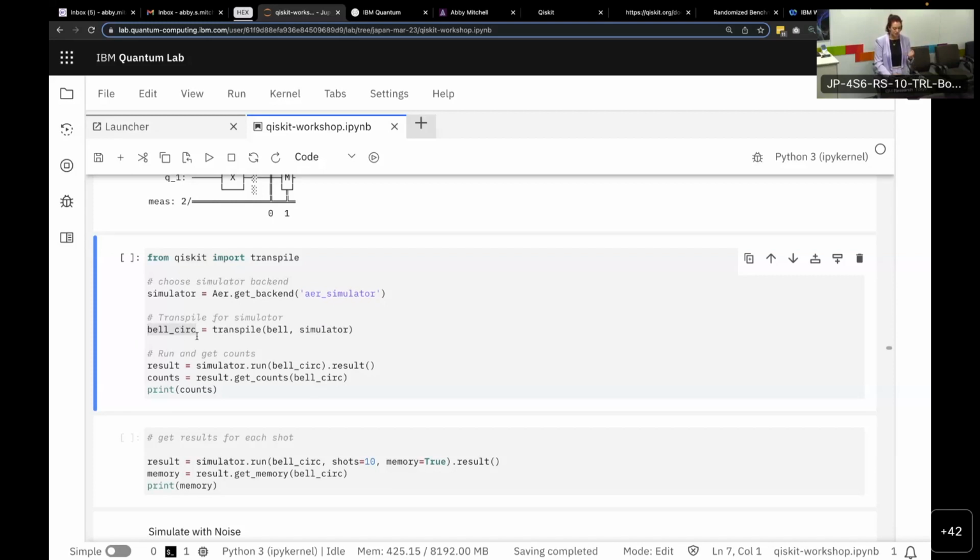Bell circ object. Now to actually run it, I'm just going to call simulator.run, pass in my Bell circuit, and I want to get the results back from running this circuit, and to do that I just call .result. And then result gives you a really big object with lots of data in it. And specifically what I'm looking for is the counts data back. So to do that, I'm going to call get counts, and then I have to pass in the Bell circuit